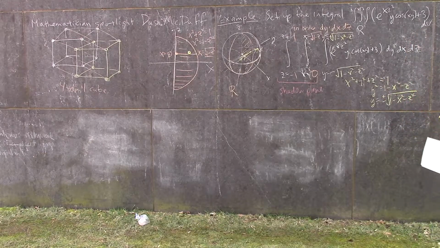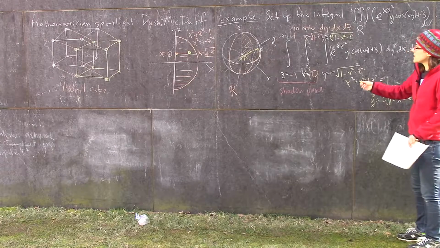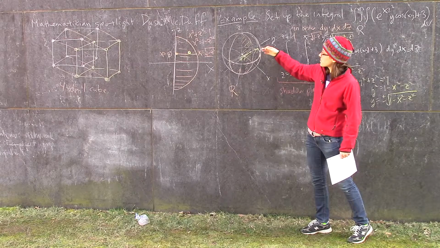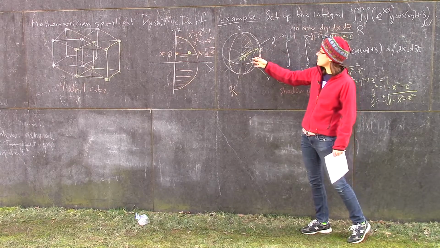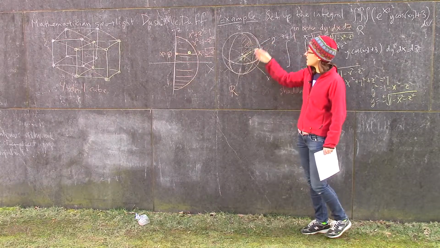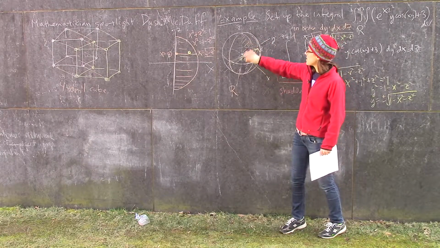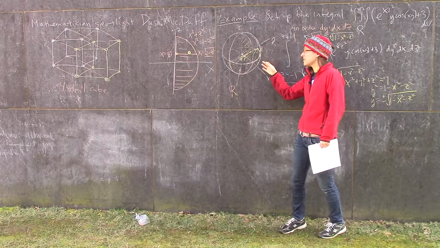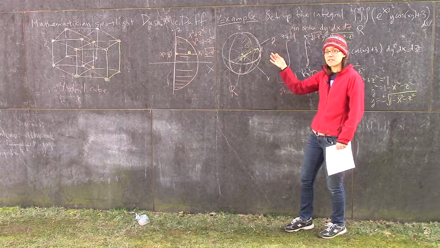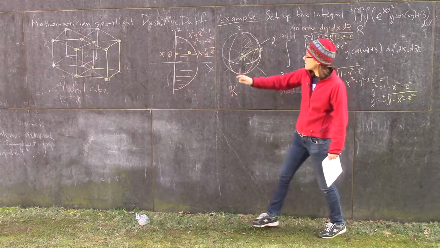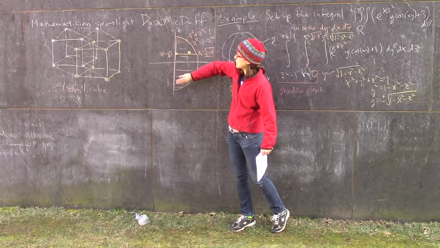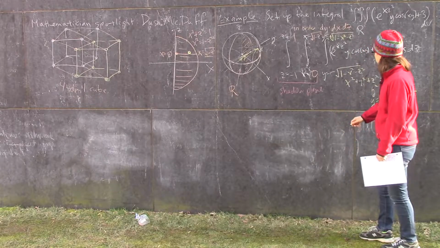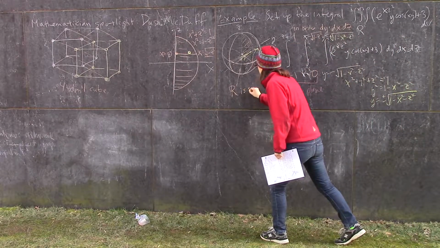Okay, so let's have a look at this. So notice that this region R is symmetric with respect to y. So if you look at y equals 0, the xz plane, the piece of it on one side of that is the same as the piece of it on the other side. Like the y equals 0 plane acts as a mirror for the surface. You can see it would be the quarter ball on this side and the quarter ball on the other side. Okay, so R is symmetric